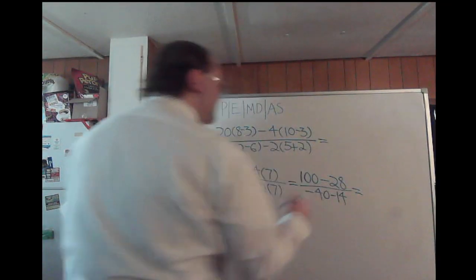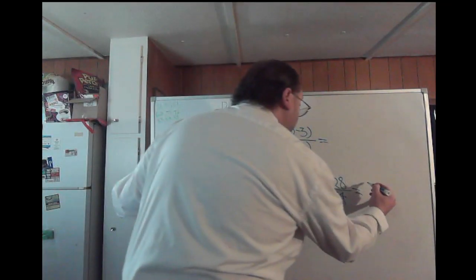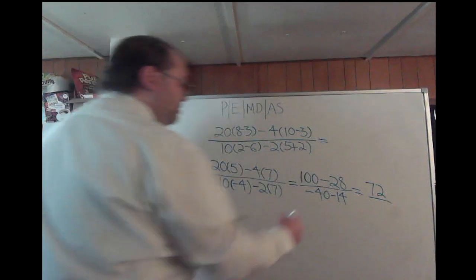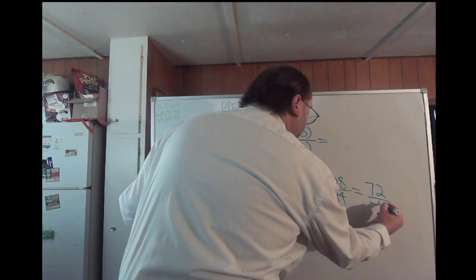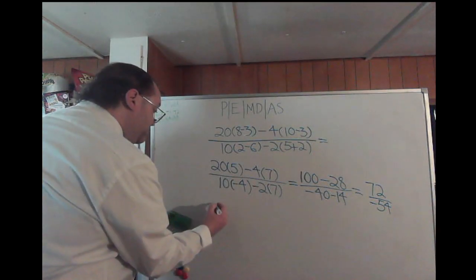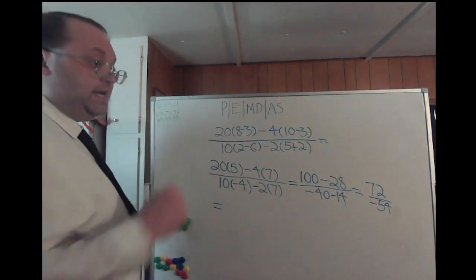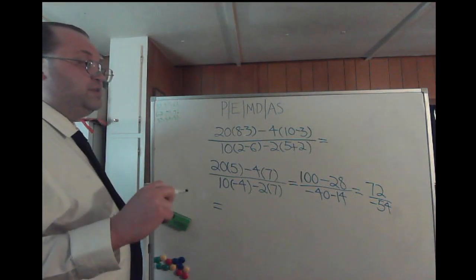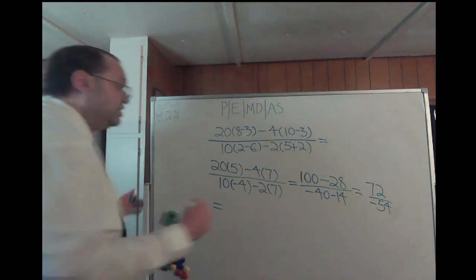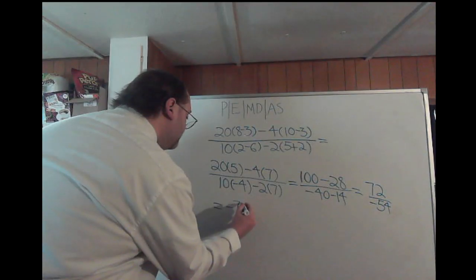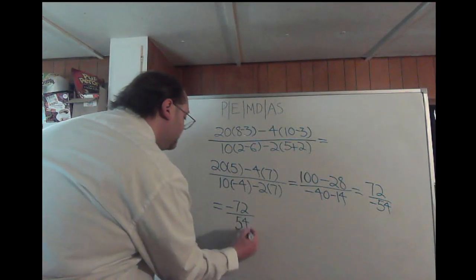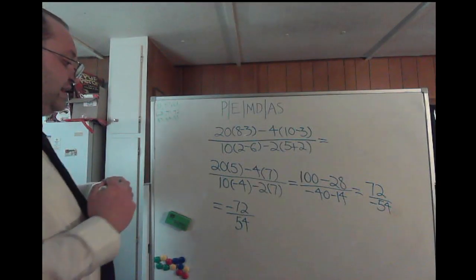What is 100 minus 28? That's going to be 72. So you'll have 72, then negative 40 minus 14, which is negative 54, in the denominator. Well, first thing I would do, we know we're going to get a negative result because the number in the numerator is positive, the number in the denominator is negative. You can also move that negative sign into the numerator and get it out of the denominator. You'd have the same result. You'd have negative 72